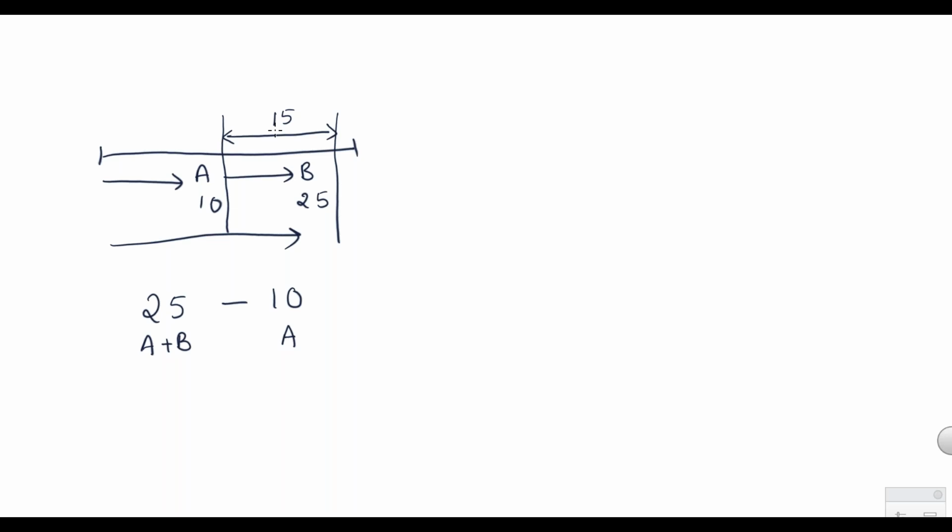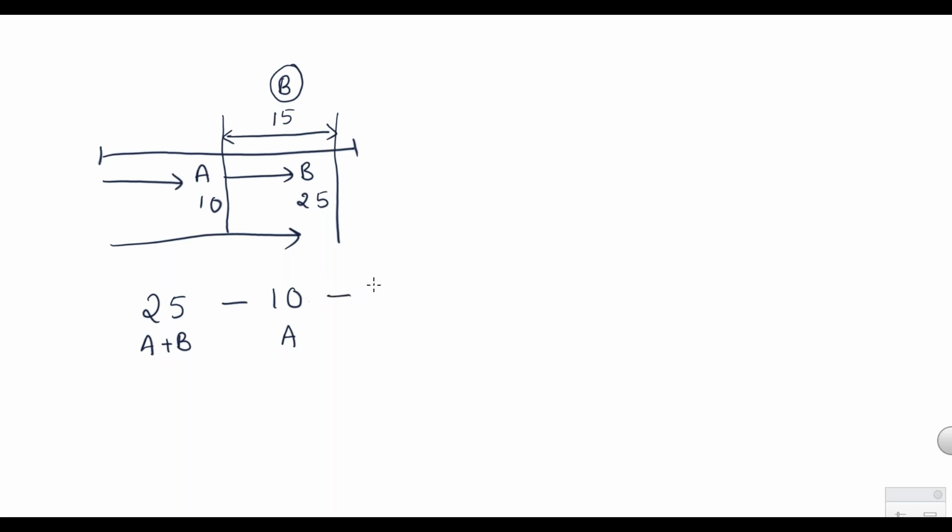Now we have only one more person here, that is B. Including B, it is 15. Correct? It is not including A because when I'm subtracting 10, I have already subtracted A. Now in these 15 people, we have only one extra person, that is B. So for this, I have to take minus 1 or minus 2. It's only minus 1, not minus 2.